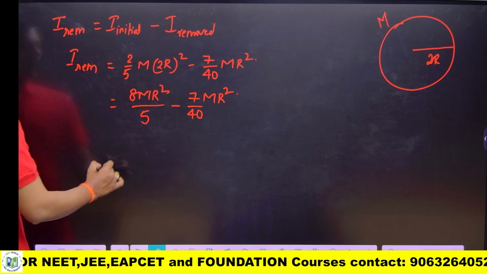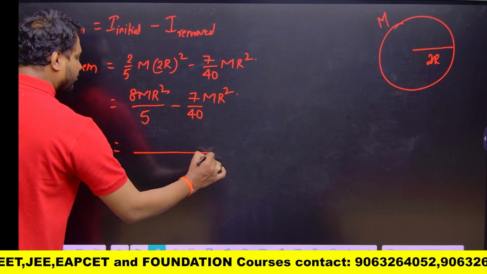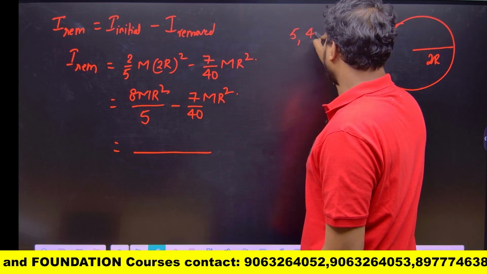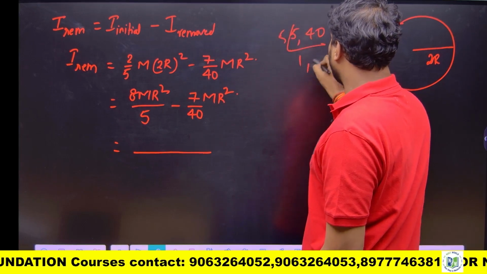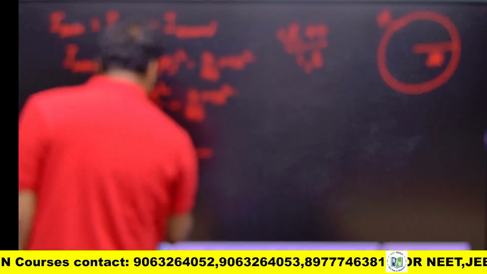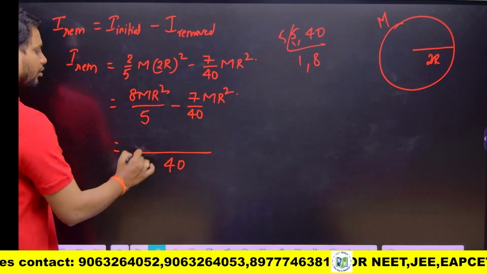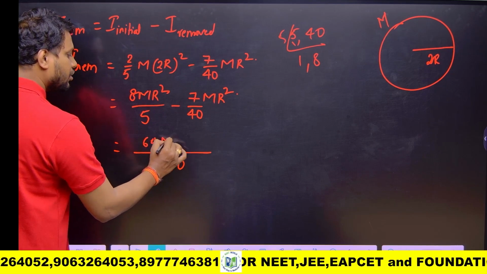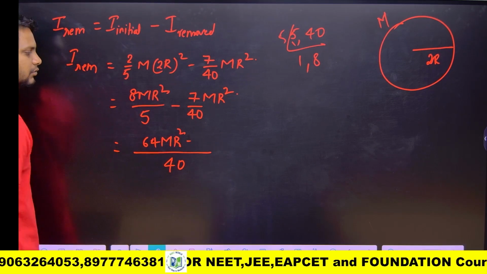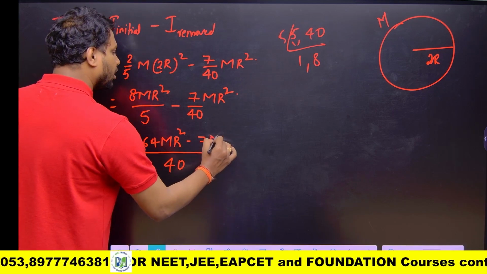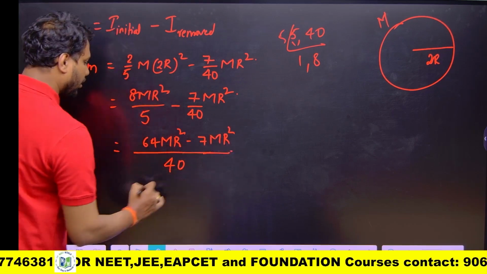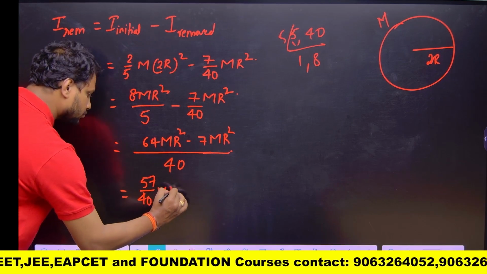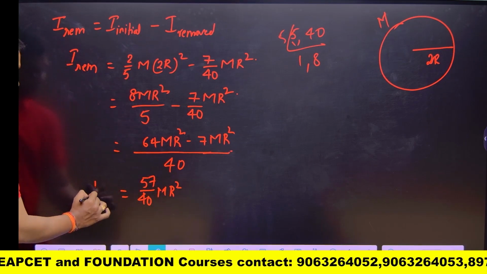Then the LCM will be once again 40, because for 5 and 40, 5 8s are 40, so 40 is the LCM. Then the 8 is multiplied, and 8 8s are 64. So 64 mr square is the first term, minus the second term, 7 mr square. Then this value will be 57 by 40 mr square. This is the moment of inertia of the remaining part